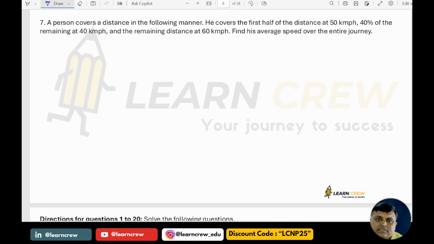A person covers a distance in the following manner. He covers the first half of the distance at 50 km per hour, 40% of the remaining at 40 km per hour and the remaining distance at 100 km per hour. I am taking the total distance as 100, the first half at 50 kilometer per hour. So see, average speed is nothing but total distance